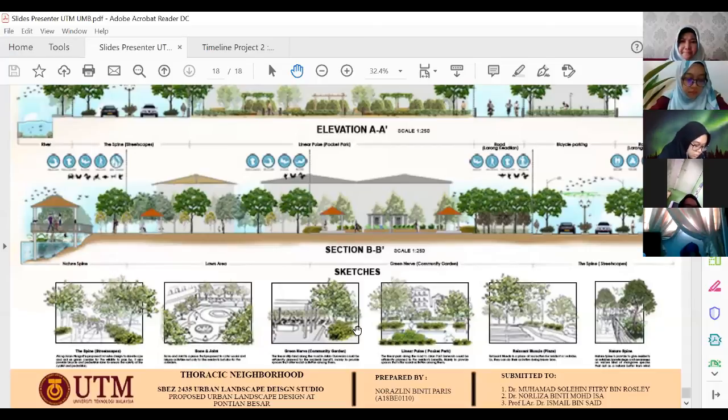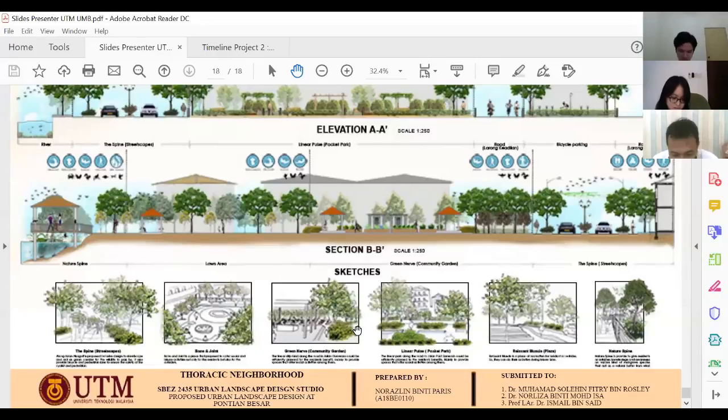And the fourth sketch illustration is the linear paths, which act as a pocket park, which is the linear park along the road in Jalan Parit Semera, that could be efficiently planned for the residents' benefit, mainly to provide space that offers social activity among them. Actually, the linear paths are a very good opportunity for the residents to use for their activity. So for the relaxation muscle, which is located in front of the linear path, we have provided a plaza where residents can do their activity during